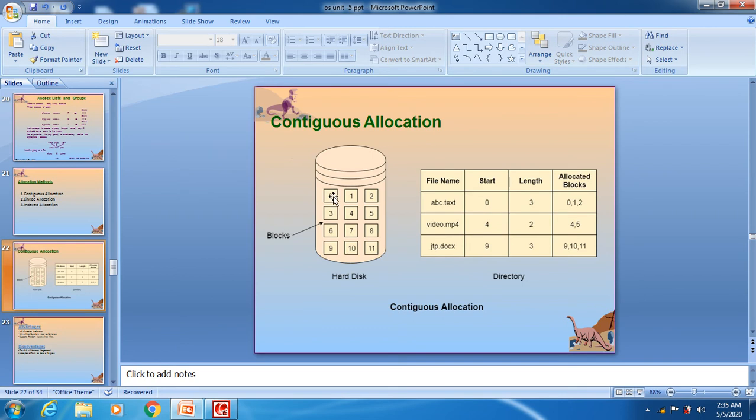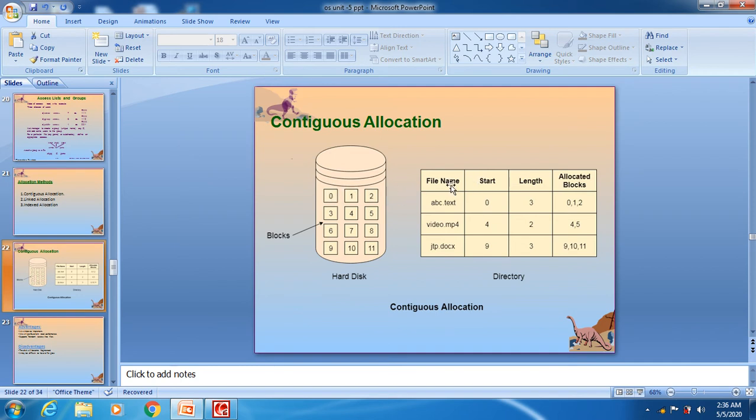In the starting video we discussed these things. Files are stored in the hard disk; the disk has disk blocks, and files are stored in these blocks. So how does the operating system allocate the space? In a sequential, continuous manner.